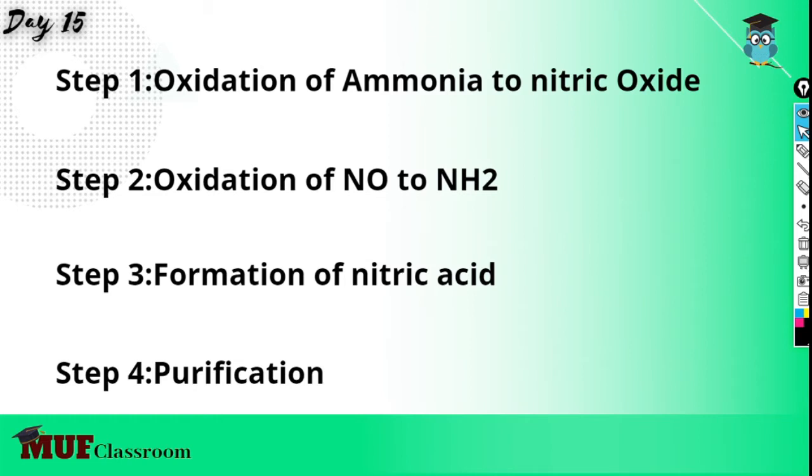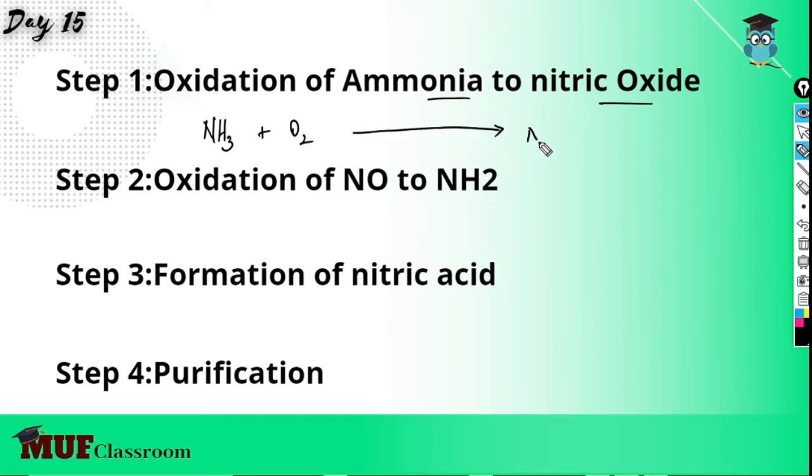The equations for nitric acid are as follows. The preparation of nitric acid from ammonia involves the following equation steps. First step, as we discussed, oxidation of ammonia to nitric oxide. So the first step is oxidation, that is, ammonia is oxidized